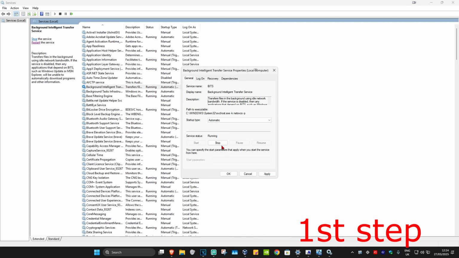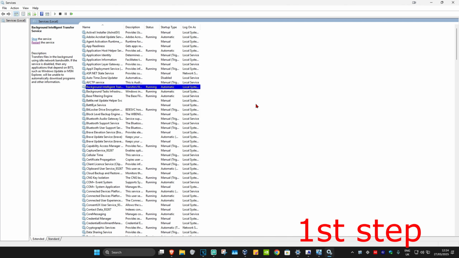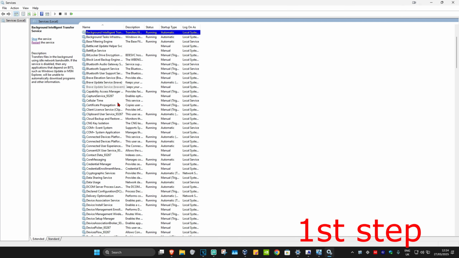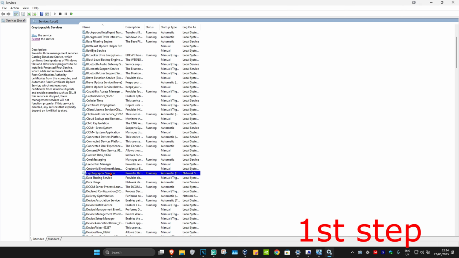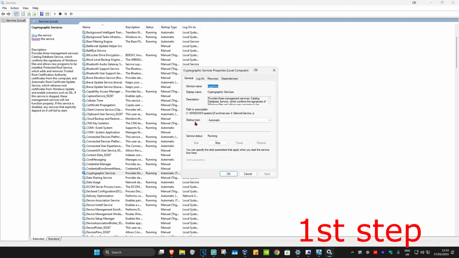Wait for this to load. It's now going to be running, so automatic running, and then click on OK. And now we're going to scroll down a bit more till we find cryptographic services. Here it is. Double click on this. And then do the same thing. Startup type, automatic, and then click on start, which will now make the service status running, and then click on